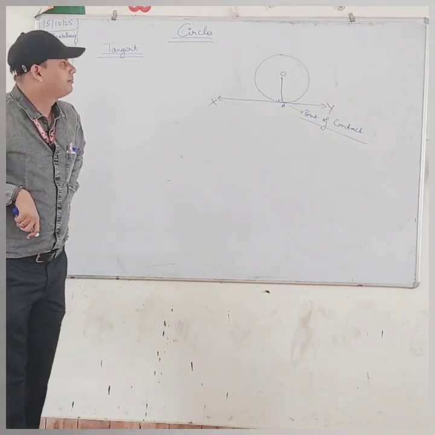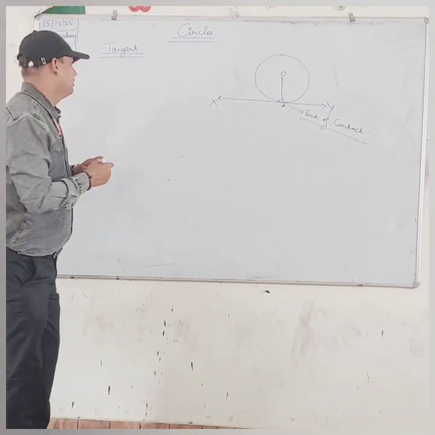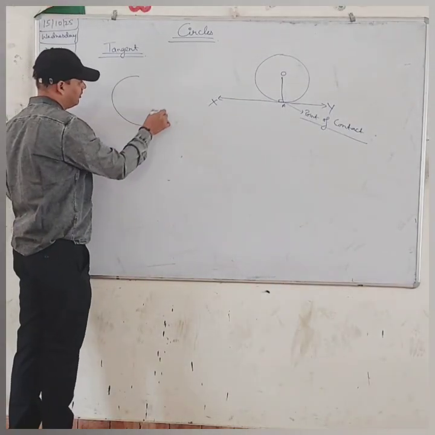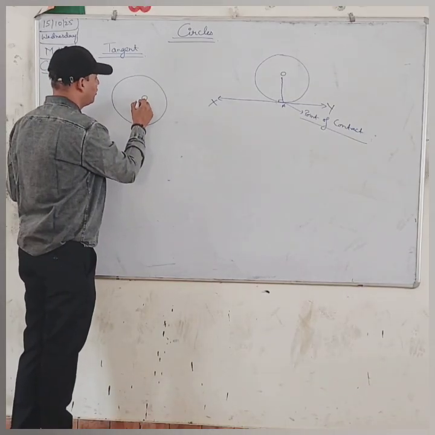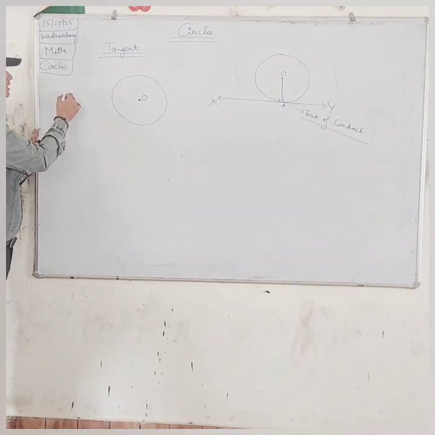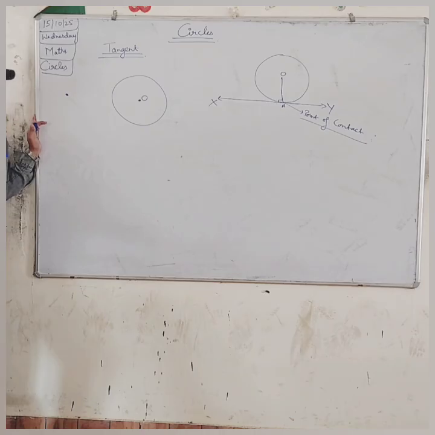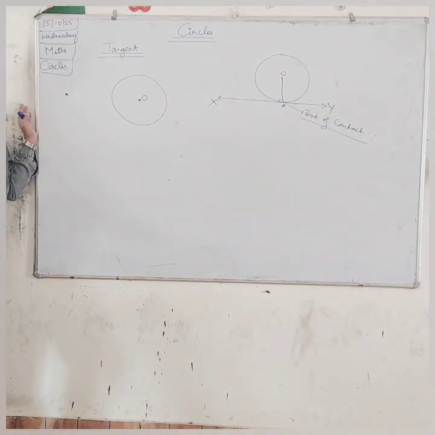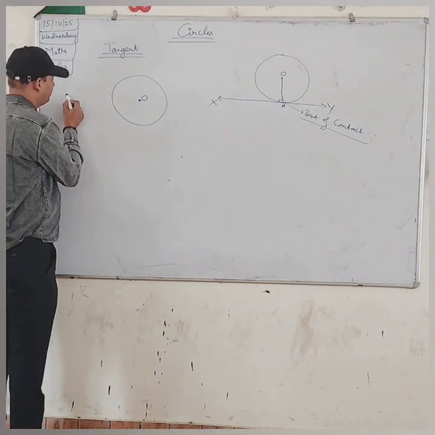One more thing is there. Suppose that if it is a circle, center O, a person is standing here. A person is standing here. Now you are asked how many tangents we can draw from this point. Suppose that if I am drawing like this,